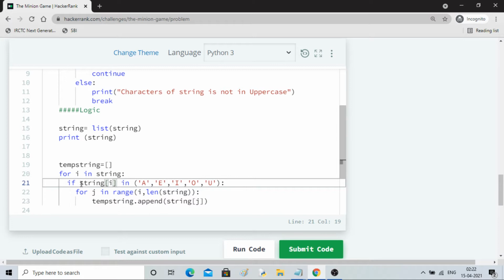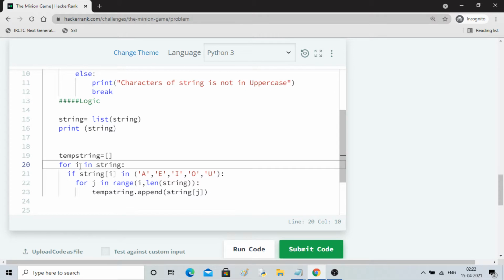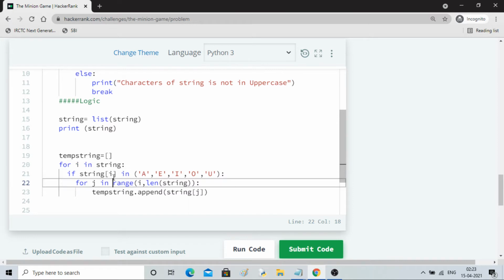If string i is in A, E, I, O, U, that will come inside, it will go from i to j, and string j it will append. For i in string, i should be a number, right?